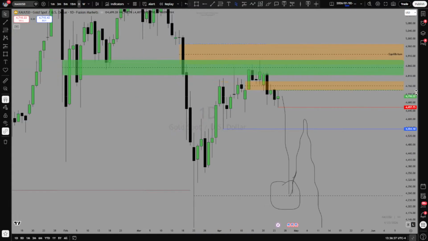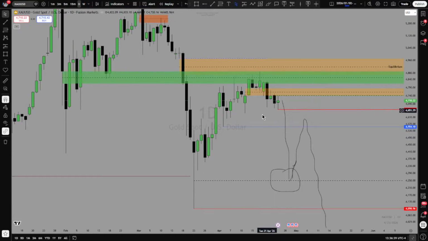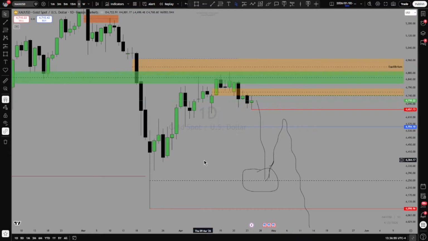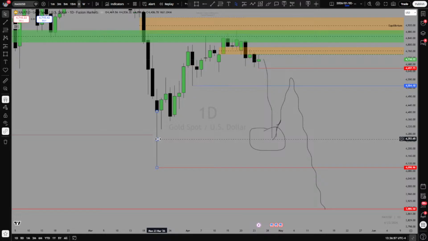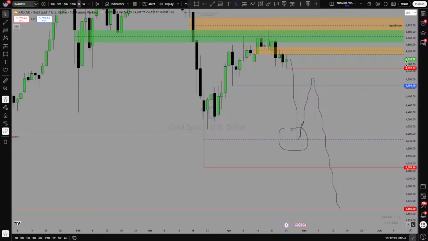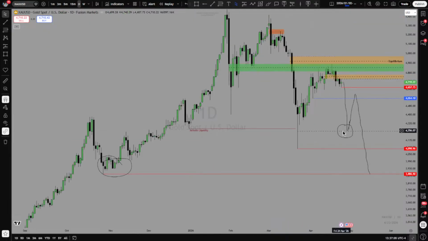To which low am I firstly looking? I'm looking at this low for now, because we have this fair value gap here, which maybe can be turned into an inverse fair value gap, right? So I'm waiting to see if the price can go lower, then tap into it one more time, then go all the way down, because we have this middle point here on this week. After everything is clear, then I understand that the price is going down from this, because this one is going to tell us the story of what we should be doing next.